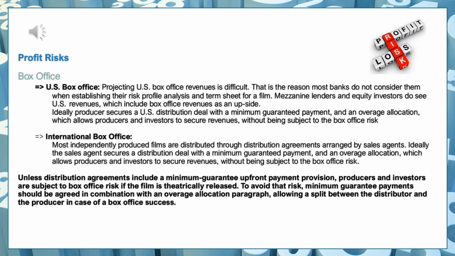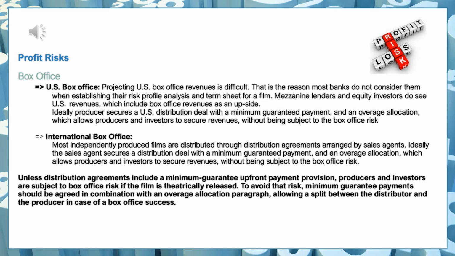So in that case, you would be subject to a box office risk, and all the investors and lenders in the movie with you would then be subject to this box office risk, because there is a P&A investor who is now recouping in front of them, and that changes their risk profile. So it is very important that whenever you do this kind of finance structure and include a P&A investor, you let all the other investors know what the deal is with this P&A investor. Is this P&A investor only recouping from the US, which would be the ideal?